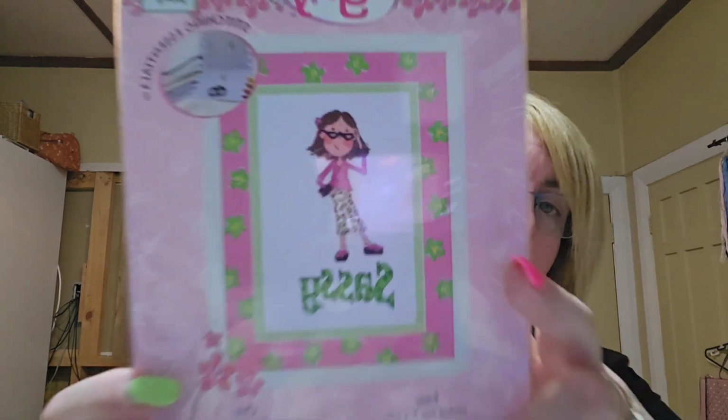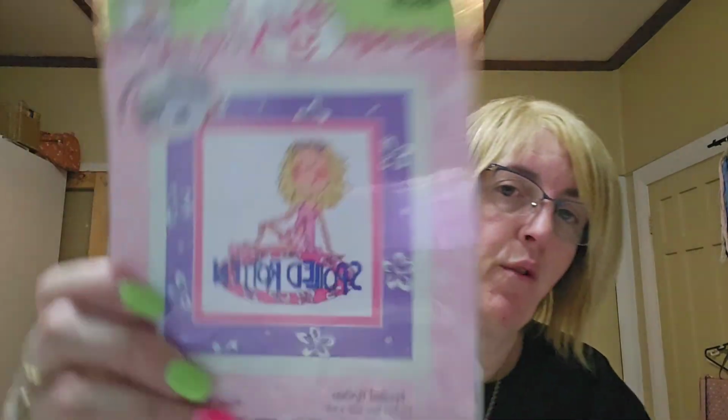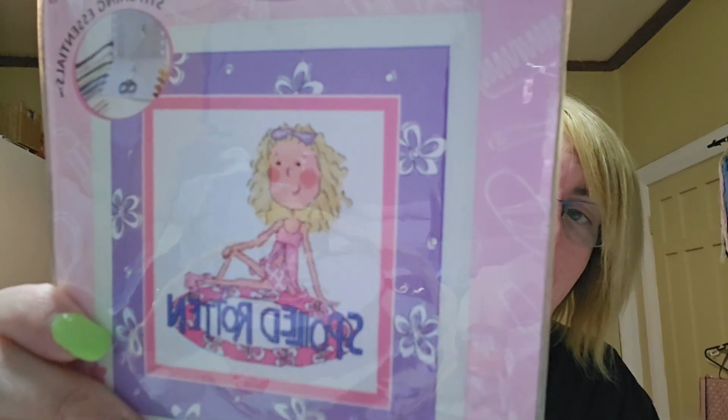These are from Priscilla, and they are the kit. It comes with all the stash and the floss and the fabric. This is Sassy. Spoiled Rotten. These are great little kits, I think, for a little girl that wants to learn how to stitch once you sort of get a little bit older, not as a young girl, but